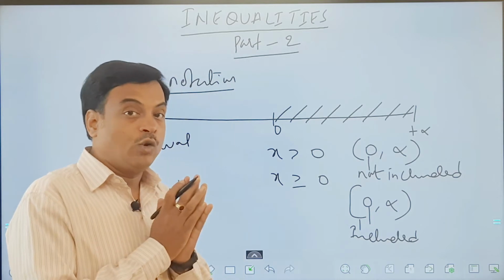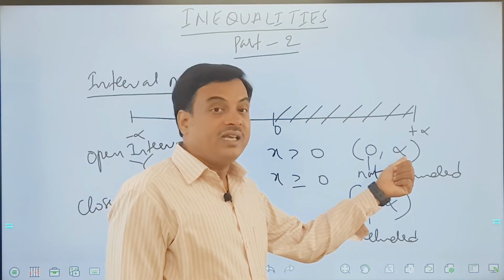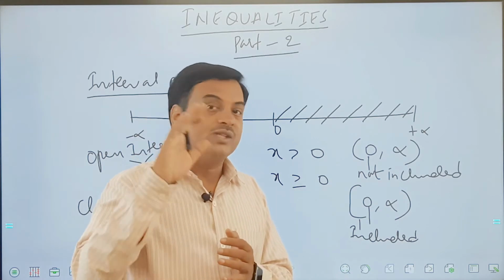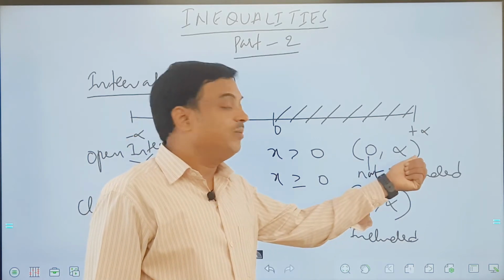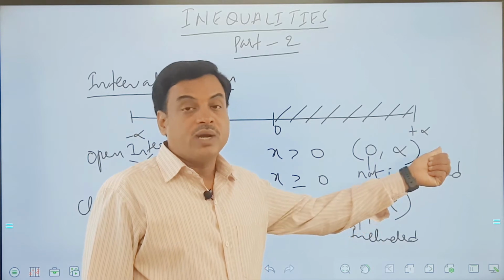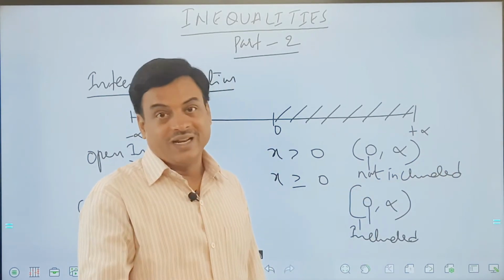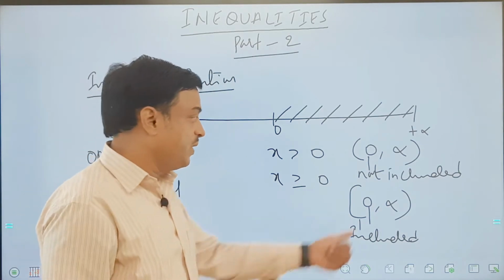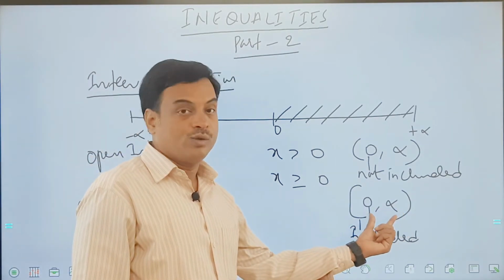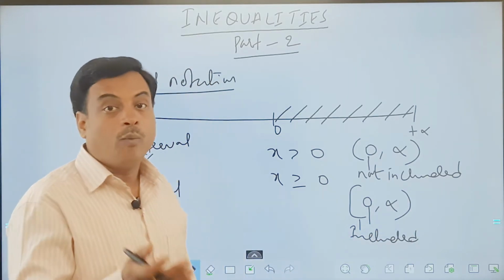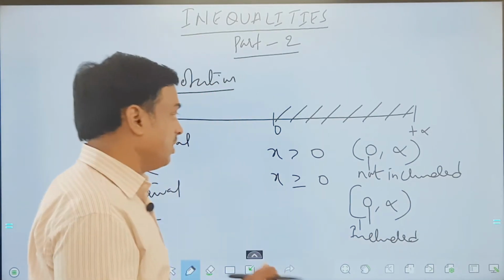And there is one particular note point, my friend. Infinity is not defined. You all know that there is no limit or there is no exact value. Therefore at the side of infinity, we keep it as an open interval every time. We don't close it because we don't have an exact value. So you see in the second case also, infinity is taken along with the bracket of open interval. So this is what we need to remember here.